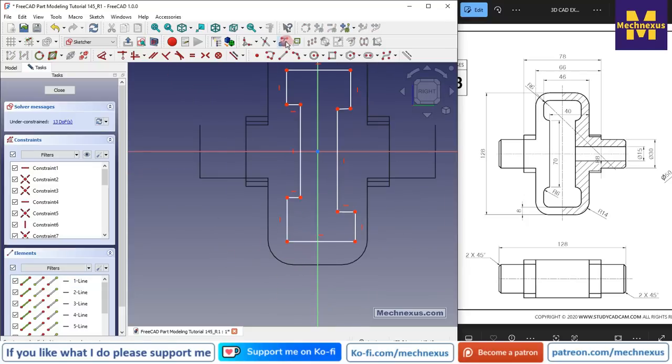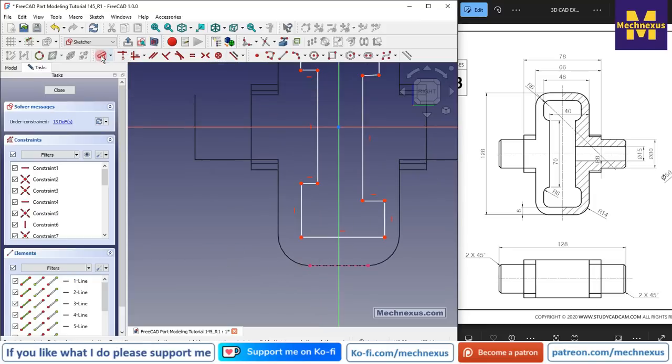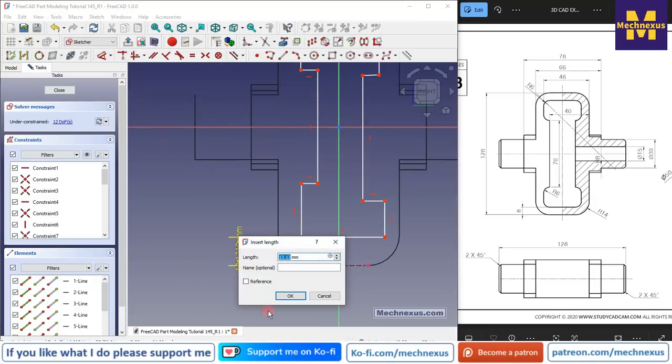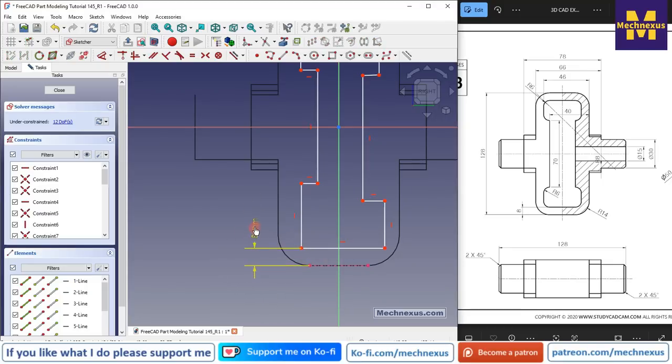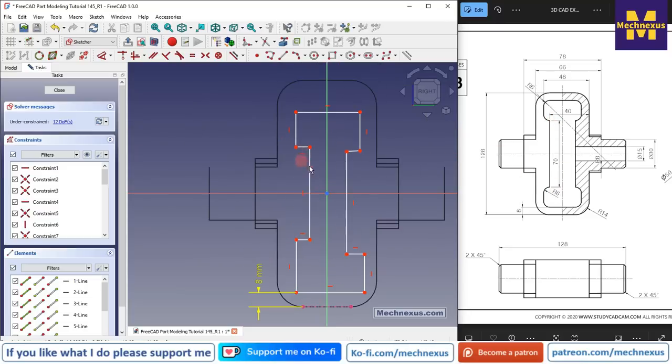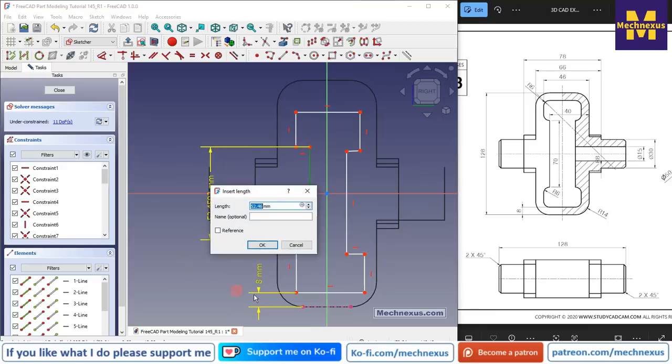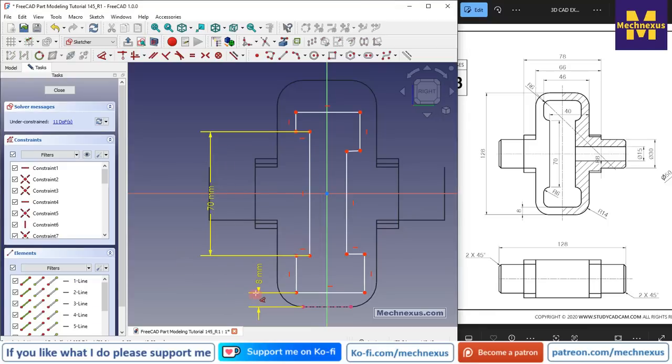For this we will click on project geometry and project this edge, select a smart dimension, select this point and this point, and provide the dimension 8 mm, which we can see here. And now this to this is 70, so we will select the line tool and provide 70 mm,